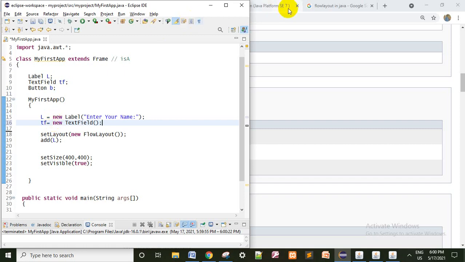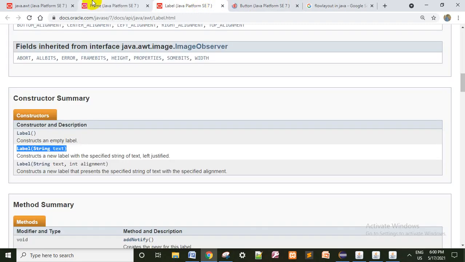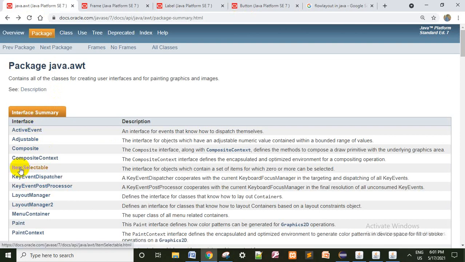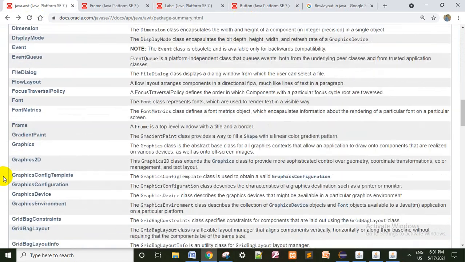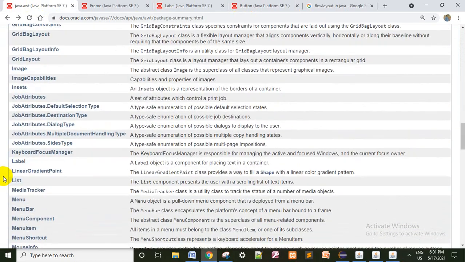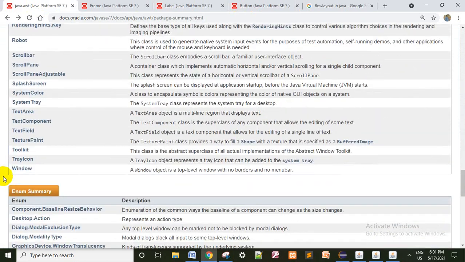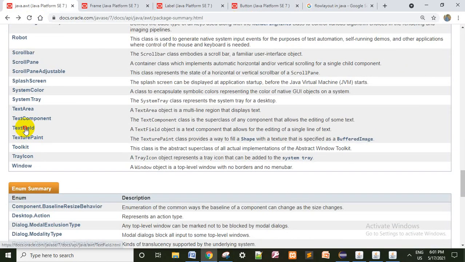So let us discuss what those are. Label, buttons, frame. You can see the text field, I will show you. These are the interfaces and classes in Oracle documentation, TextField is there.